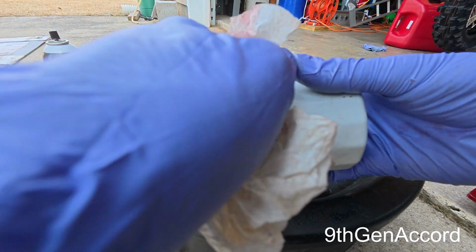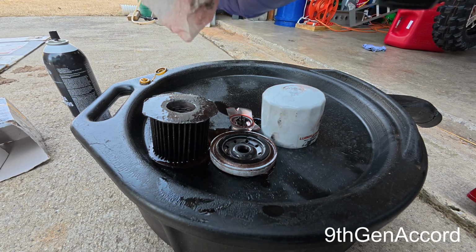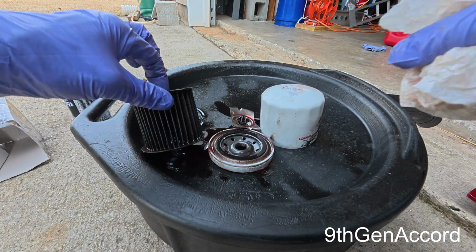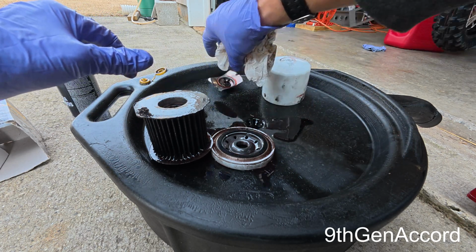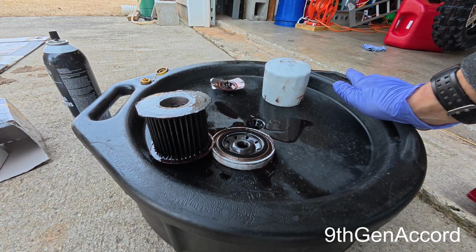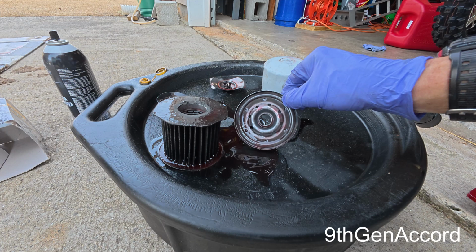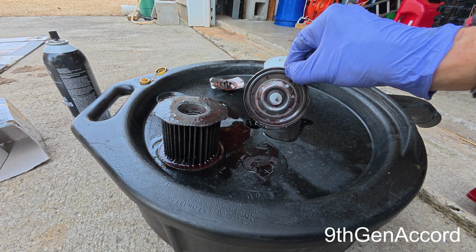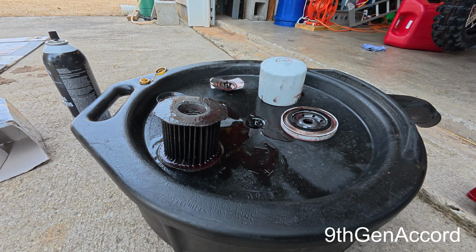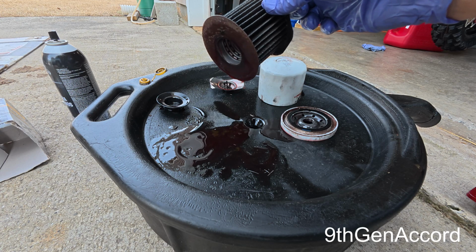Now you may be wanting to know why I did not drop the pan. Well, this filters down to about 20 to 25 microns. The screen inside, what you would call the transmission filter, is really a screen, which is what you would replace if you had the pan down, and that's like 250 microns. All that does is catch big chunks of stuff. It doesn't filter out this type of stuff. They do put a magnet in there, but